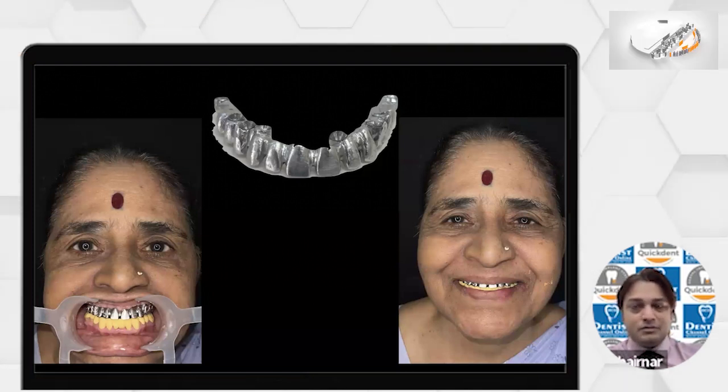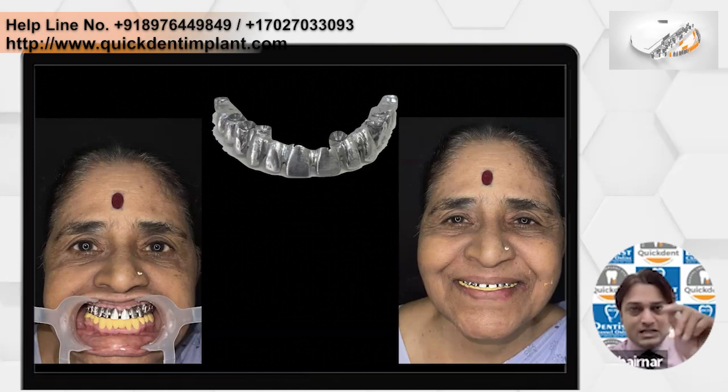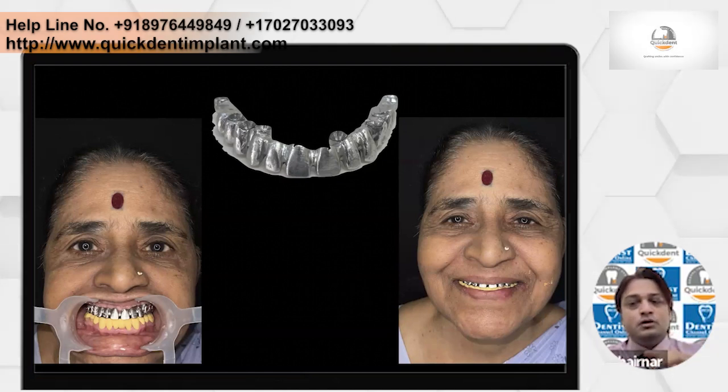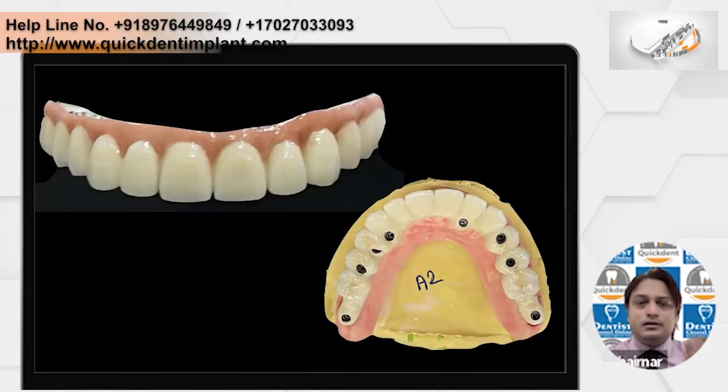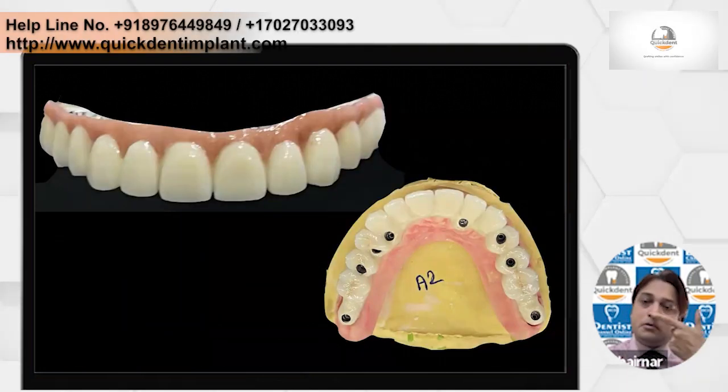Now here, that's where after the metal trial, we'll take a real bite and physical bite, and now we will send, because that's where he has to mount and he has to do the ceramic layering. So metal trial you cannot send without bite. So we send it, and she was having a concern, extra concern about the lip drop.